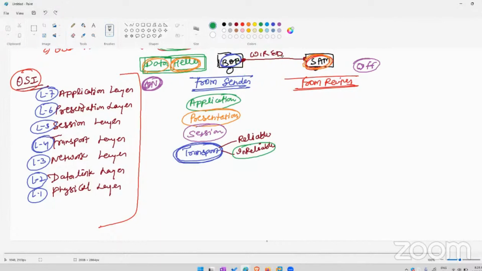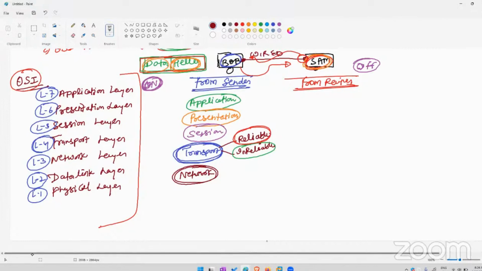But if someone says, brother, I'm using the reliable person, whenever we are sending this data from Bob to Sam's side, whenever Sam receives the data, Sam automatically sends back, I have successfully received your data. So the transport layer gives a delivery guarantee. Now the next layer is the network layer. Whenever we are trying to access internet service on a PC, laptop, IP phone, mobile, iPad, or any networking device, to get the internet service,